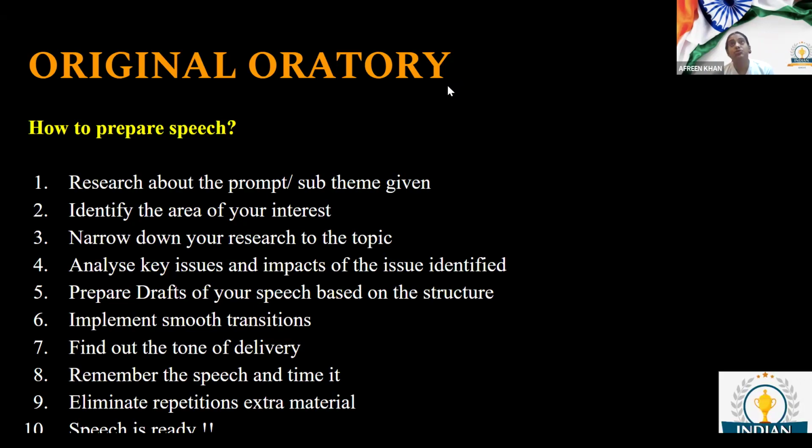implement smooth transitions. Now, transitions are internal and external. External means when I'm jumping from introduction to context, or context to body. But internal means when I'm jumping from, let's say, argument 1 to argument 2, or when I'm jumping from one